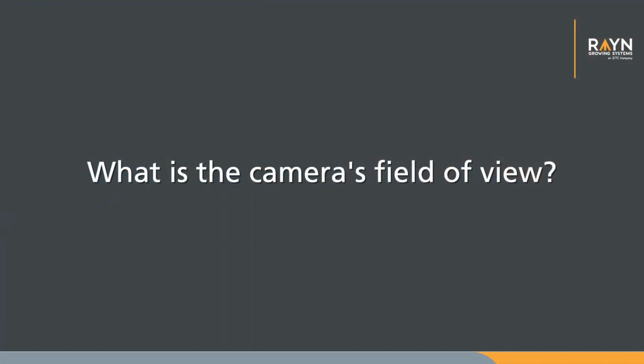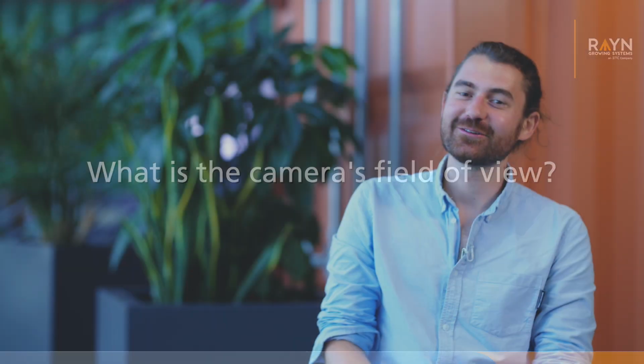The IP rating of the camera is 42 if the camera is facing downwards from the surface, and it's 40 if the camera is facing sidewards or upwards. The field of view of the camera at 1 meter distance to the surface is 120 centimeters by 80 centimeters. If you want to learn more about the Rain Vision System camera or need additional information, please get in contact with our sales personnel.